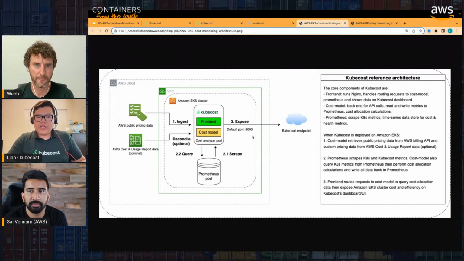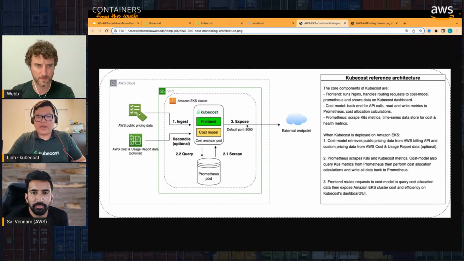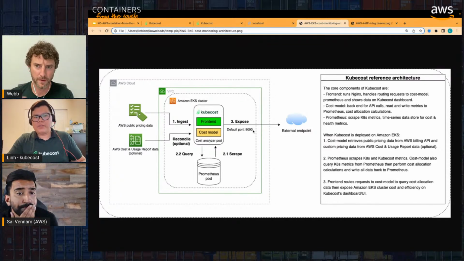The front end is based on Nginx. The front end is responsible for handling the request and routing it to the backend, which is the cost model and Prometheus, and showing the cost allocation data back in the Kubecost dashboard for the customer to consume. And the cost model here is acting as a backend for the API calls from the front end or from the customer environment. It also ingests the metrics from the AWS public pricing data when it starts to perform the cost